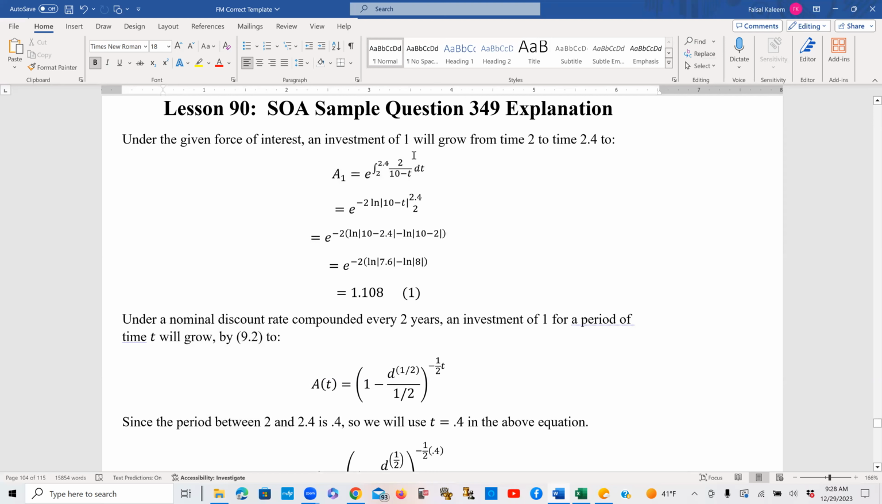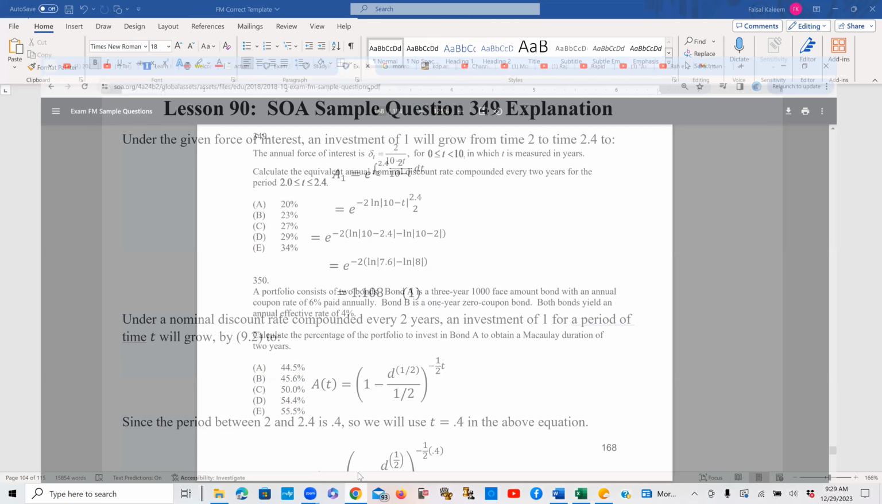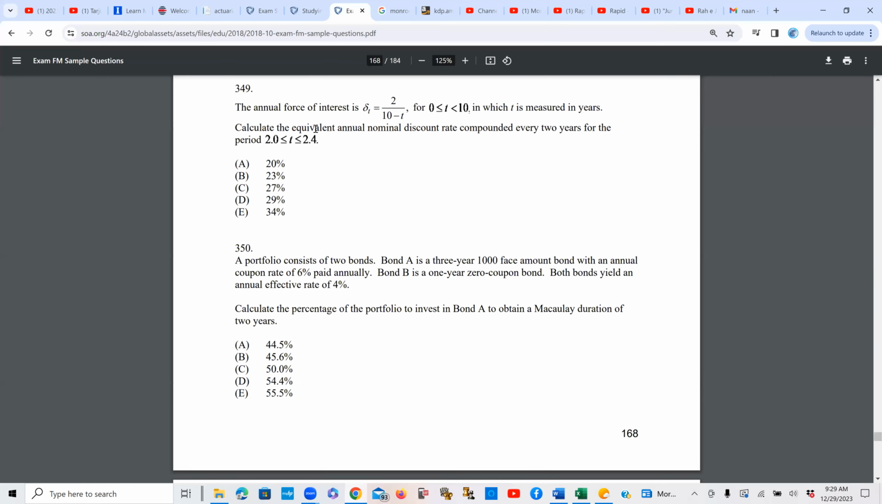the force of interest. And it doesn't matter in this case, since we are to convert a force of interest into an equivalent discount rate. So it doesn't matter what the principal is. Let's suppose that the principal is 1, that is the simplest. And so from time 2 to 2.4, that's the period for which we want to calculate the annual nominal discount